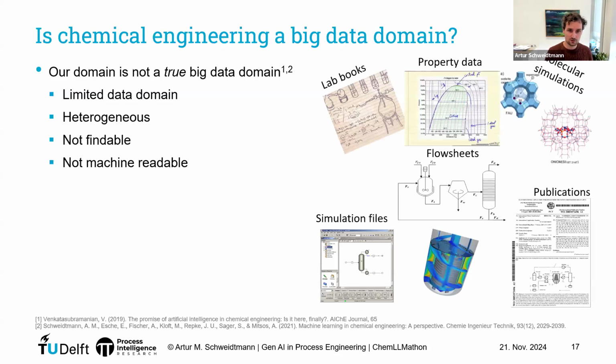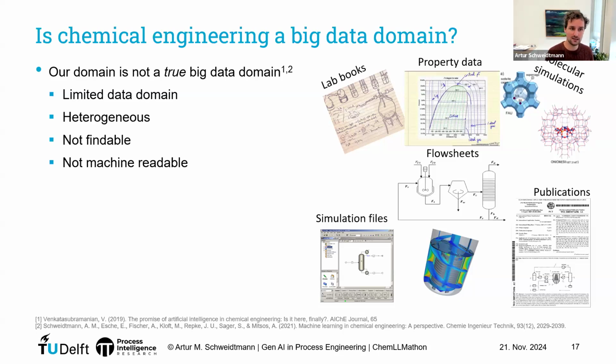However, what we're missing, I think, is that we actually have quite a bit of data. If you're a chemical engineer, chemical process engineer working on anything in the company, you generate data every day. We're talking about emails, lab books, property data, molecular simulations, flowsheet simulations, flowsheets in general, publications, patents, CFD simulations. There's so much we do every day, and we generate throughout the life cycle of a plant. So why do people say we don't have big data? Why do people say we don't have data at all? I think the point is that we have a lot of data. It's just